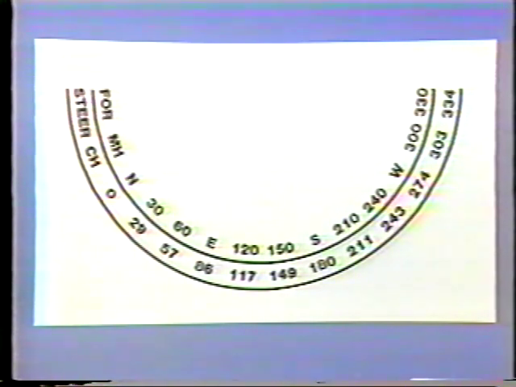Using the compass deviation card, we note it is necessary to steer 57 degrees for a magnetic heading of 60 degrees, or a difference of -3. Next increment given is to steer 86 degrees for a 90-degree magnetic heading, which is a difference of -4. Since there is just 1 degree difference, and 69 is close to 60, we'll subtract 3 degrees from the magnetic heading to determine a compass heading of 66 degrees.